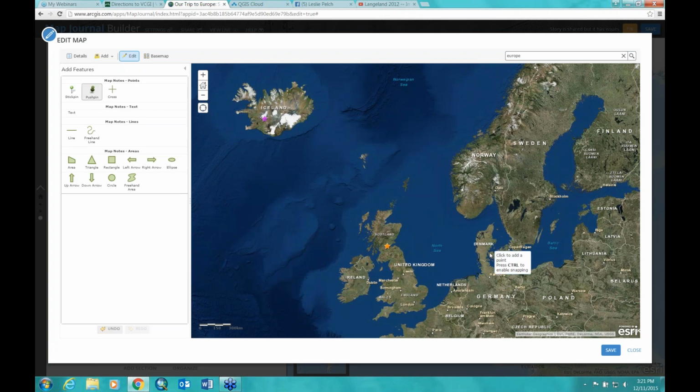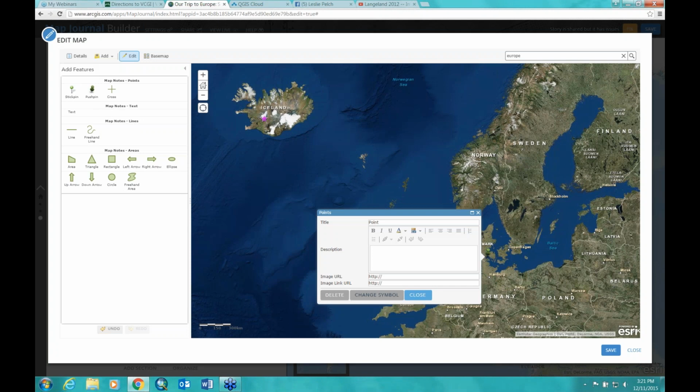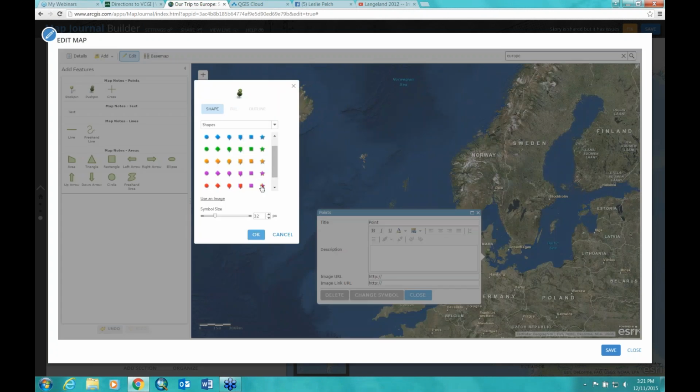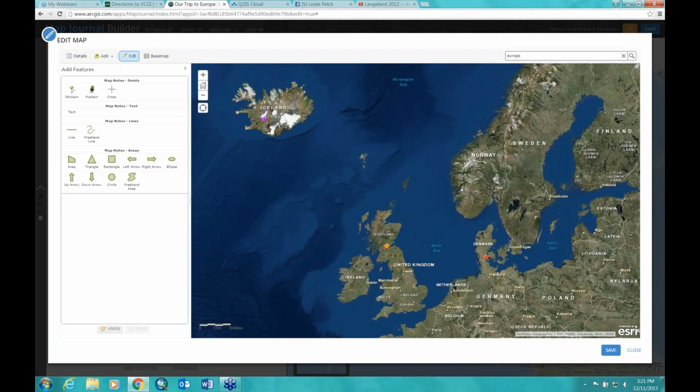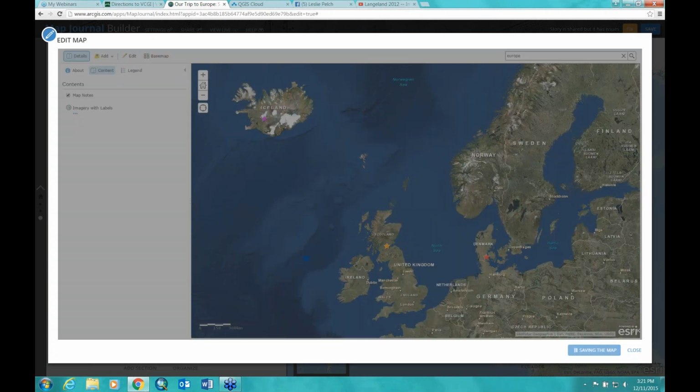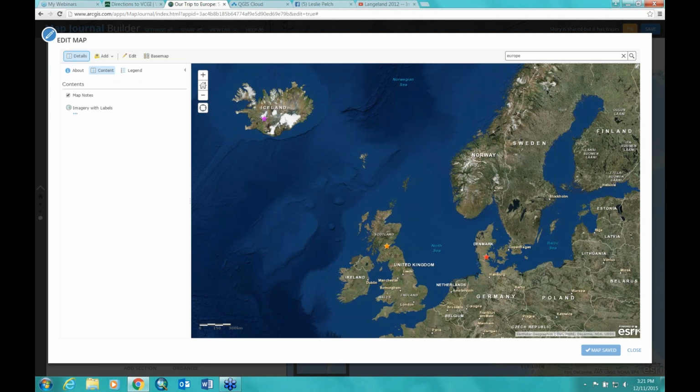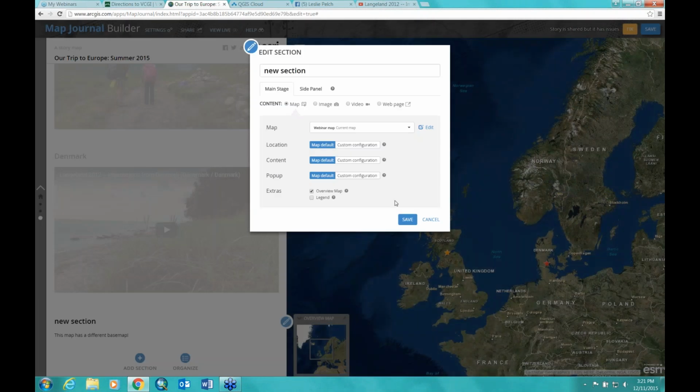And over here. All right, so just to show that we've created a brand new map, we can save it. And that's what's going to be used on this particular